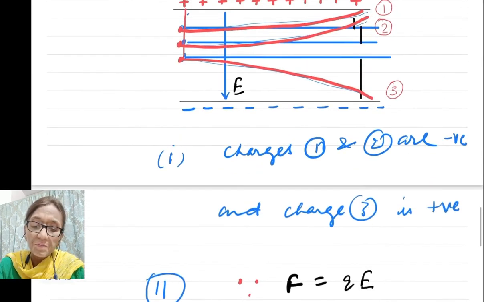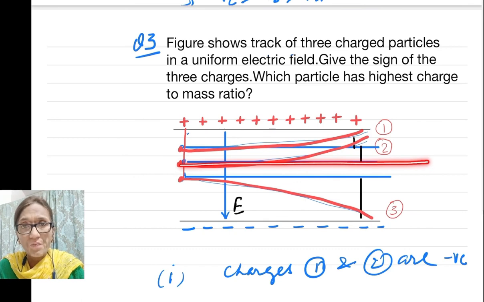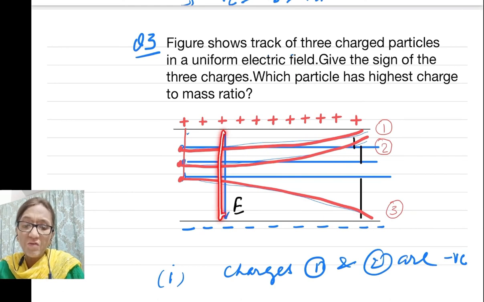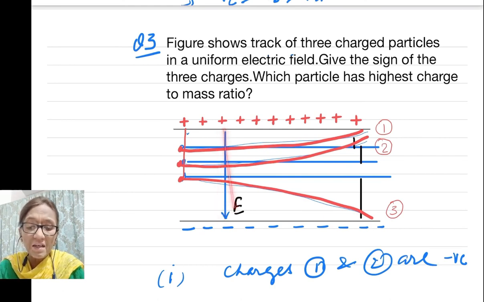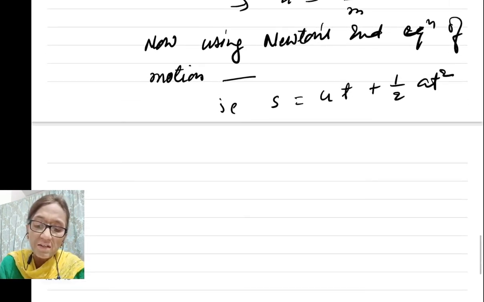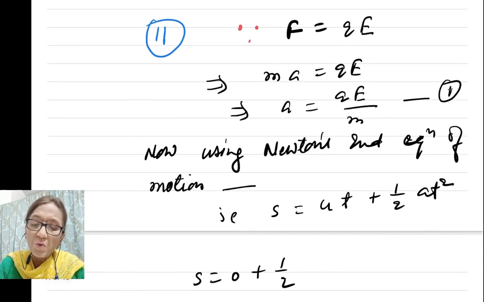Now look here. Though the charged particle has velocity, the velocity is along the horizontal direction, and here the force is acting in the vertical direction. So in the vertical direction, the initial velocity was 0. Now when it comes in this region of electric field, there is some movement due to this electric field, but the initial velocity along the vertical direction was 0. So using all these things, S is equal to 0 plus half a, where a is QE by M,